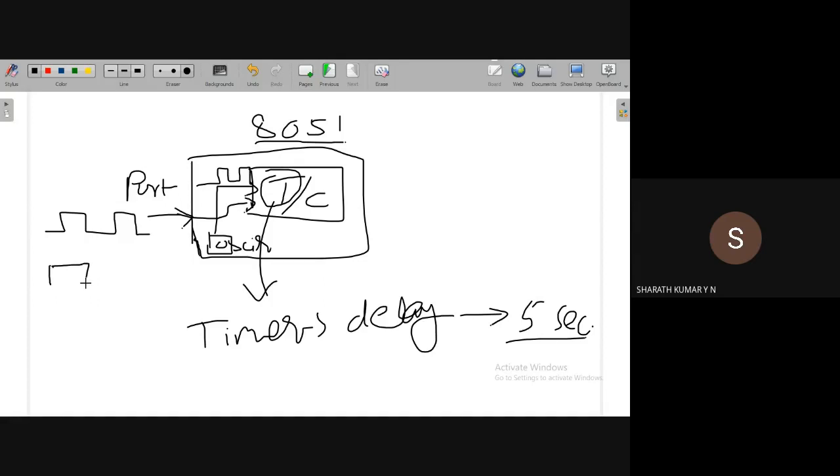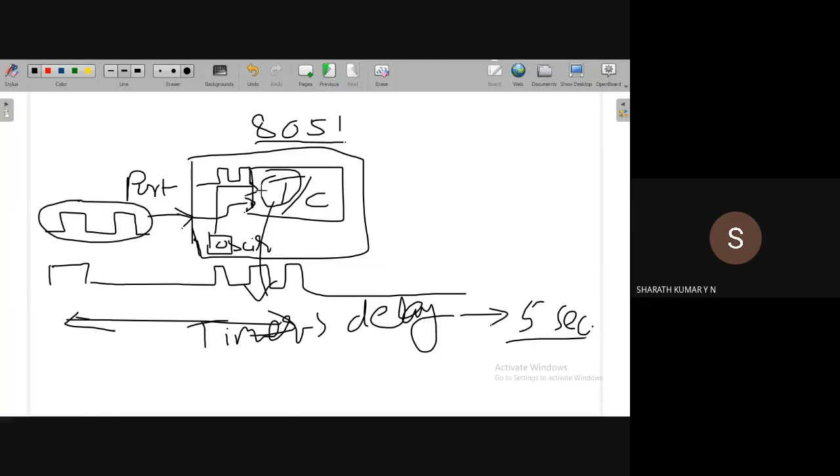There may be an object for some duration, and there may not be an object for a longer duration. This is a non-periodic external event. So when these external events are counted by the timer hardware, the timer is called a counter.